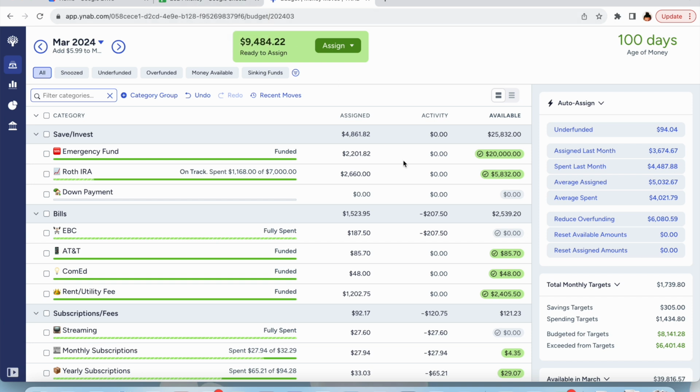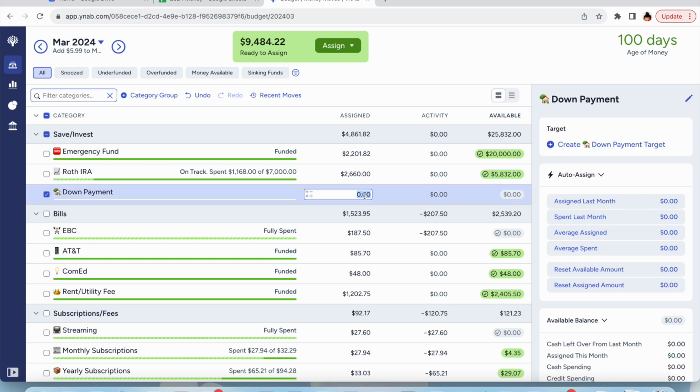Okay, all right. So now that the emergency fund is covered, we're gonna send some money to the down payment. My initial goal was to send $2,500 to my down payment this year, and obviously I set these goals before I knew how much my bonus was gonna be. Then my stretch goal was $4,000. I'm gonna go ahead and send the full $4,000 to my emergency fund, but I might come back to take away from it if I need to, which I still have over $5,000 left, so I probably won't need to,